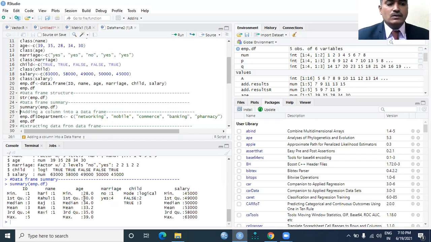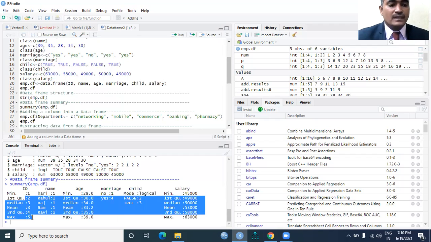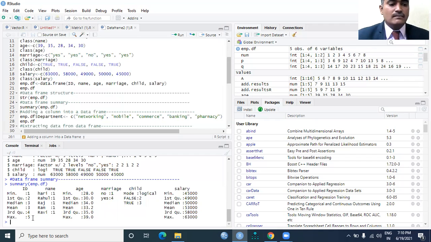With respect to ID, the minimum value is 1 and the maximum value is 5, and the names, and the age, the minimum age and the maximum age. The first quartile is 30 and the third quartile is 35. The median is 33. The minimum age is 25 and the maximum age is 39.